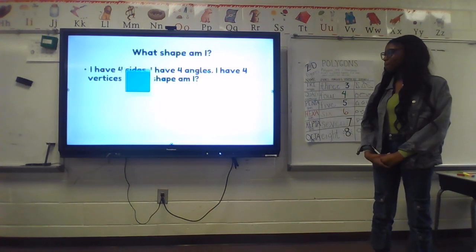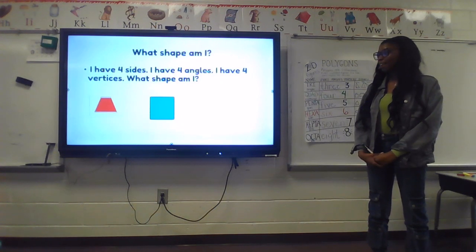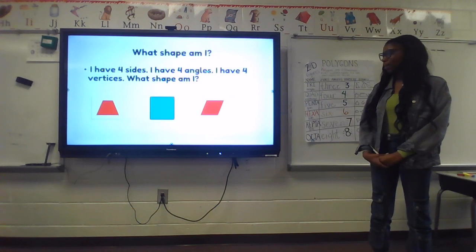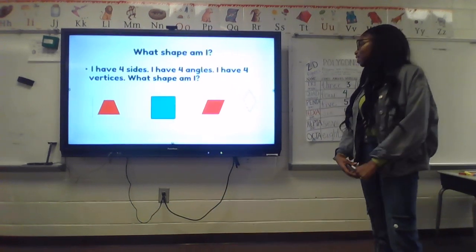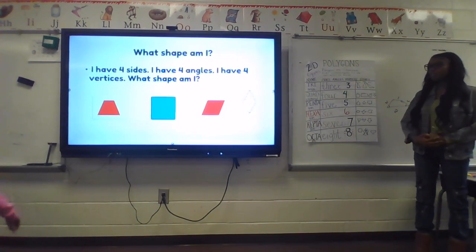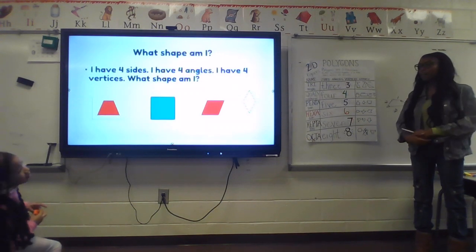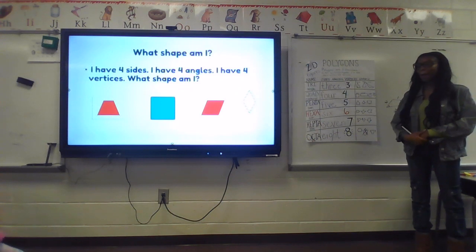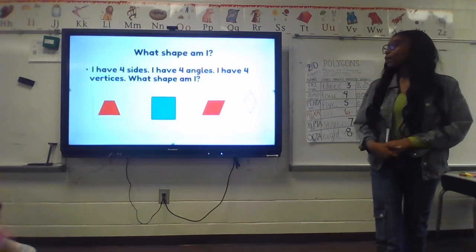Let's see. Okay, I have a square, a trapezoid, a parallelogram, and your rhombus. These shapes all have 4 sides, and what are they all called? Our shapes with 4 sides are called what? What is it called, Anaya? It's a quadrilateral. Good job. Okay, so